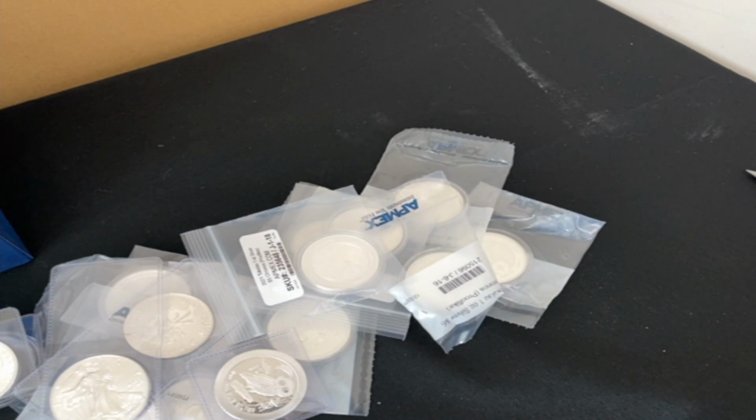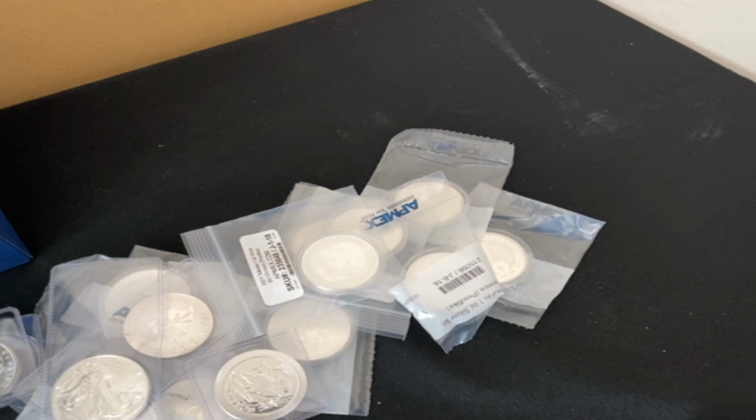Here we have our pile. I'm going to get it organized, and then we are going to take a closer look. All right, I've gotten everything sorted and organized, and now we can just take a look at everything that came. Let's start with this, because I am well aware